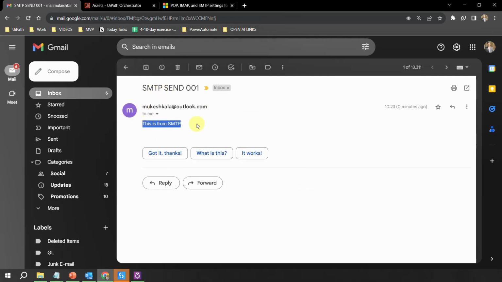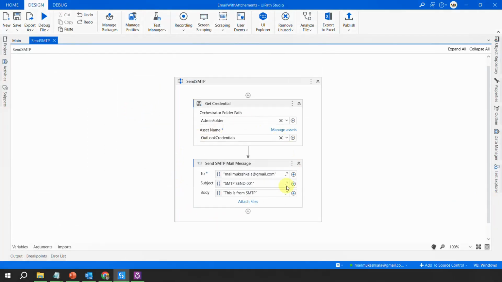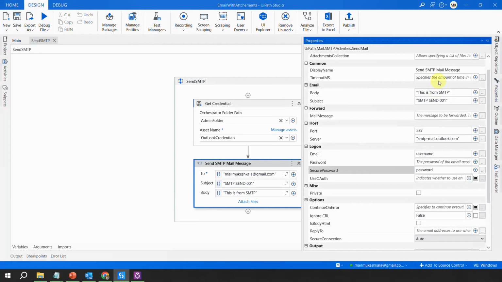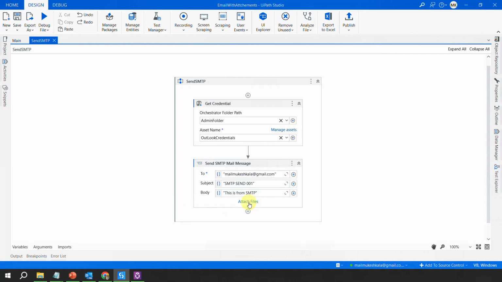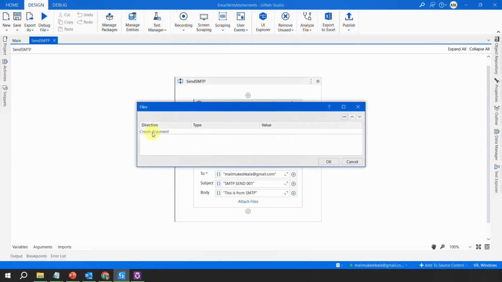This is from SMTP. So that is how you use your Outlook account to send an email if you do not have the license. Okay. Now, how do you use the attachment? So if I go to the properties, see, the same properties are available here as well. Okay. So you can use this one, which is called attach file, create an argument, pass the path, it will